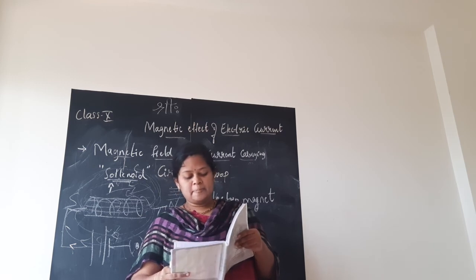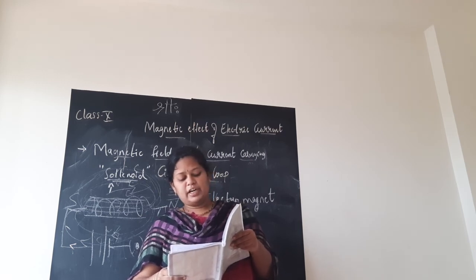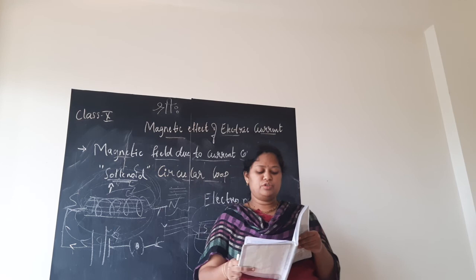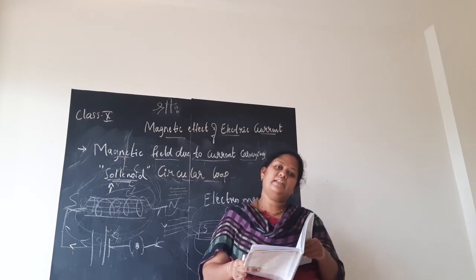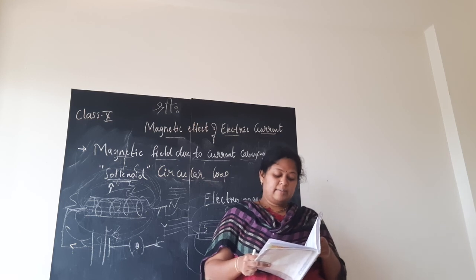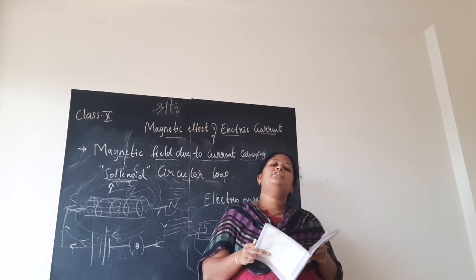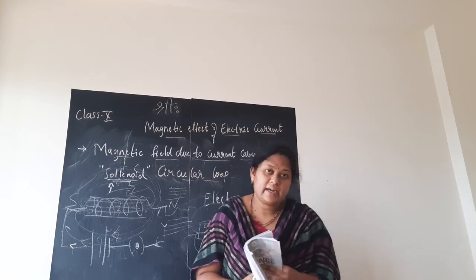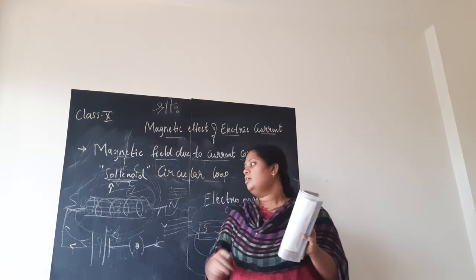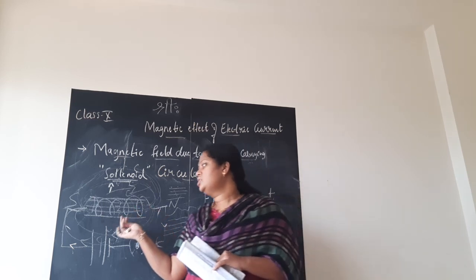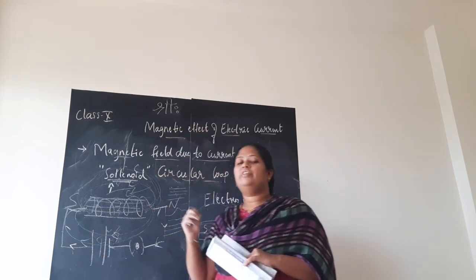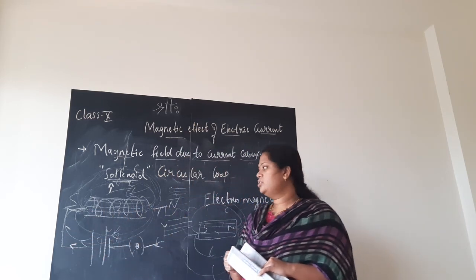Please underline that. A strong magnetic field produced inside a solenoid can be used to magnetize a piece of magnetic material like soft iron when placed inside the coil. The magnet so formed is called an electromagnet. So what is an electromagnet, they may also ask, or questions based on this particular activity. What is a solenoid? How is the magnetic field strength inside the solenoid?